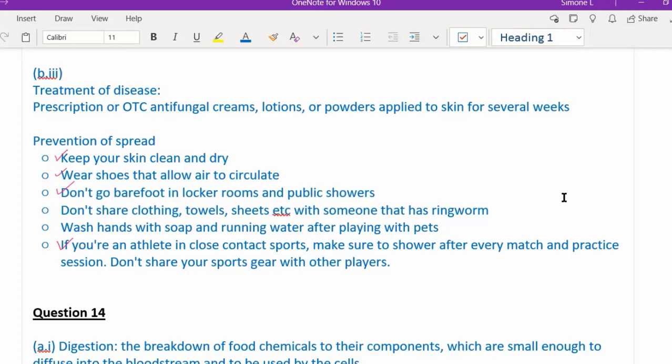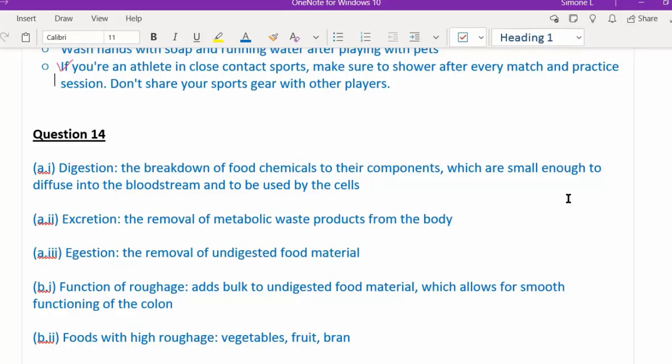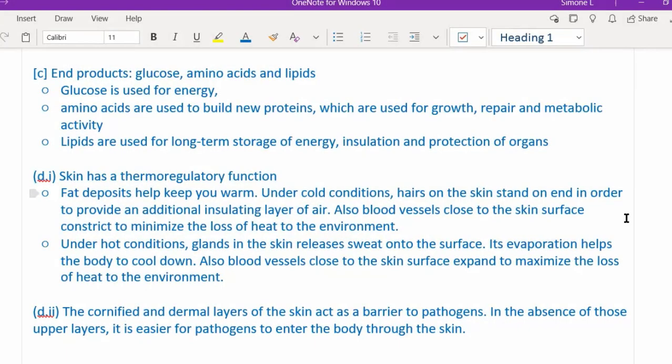And then we have question 14. Let's look at the answers for A to B. And now let's take a look at question C to D. And that's it for